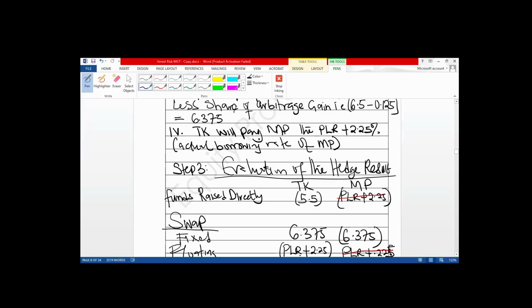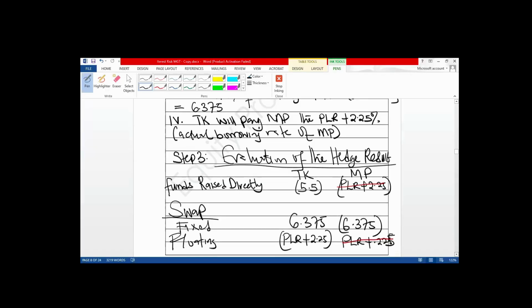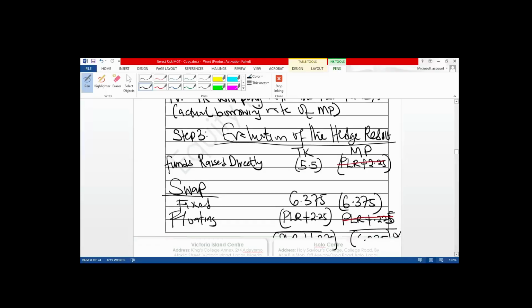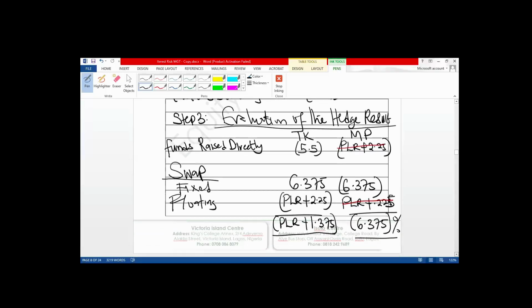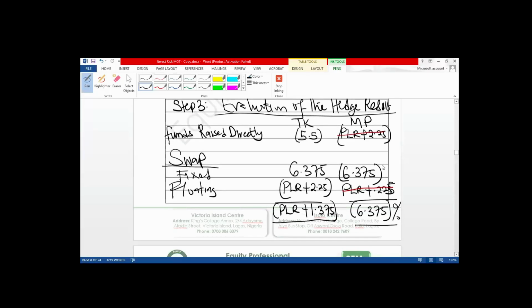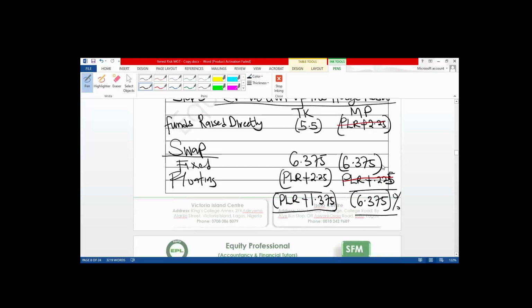What is payment to TK will be received by MP. You now do your plus minus. This is negative. This is positive. It will cancel out. We are left with 3.675